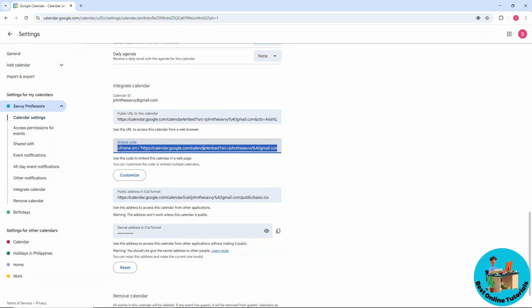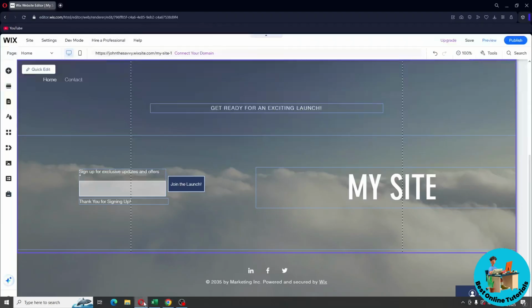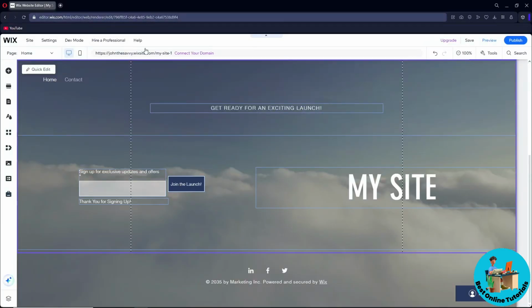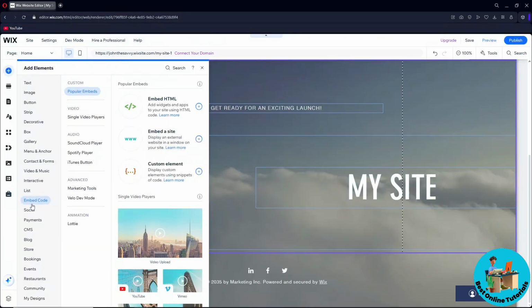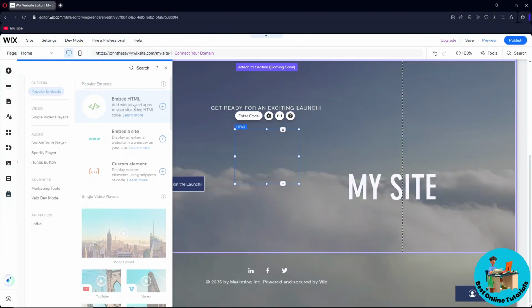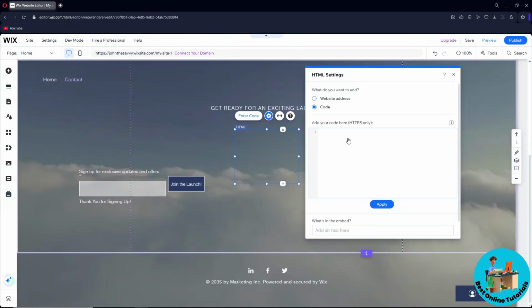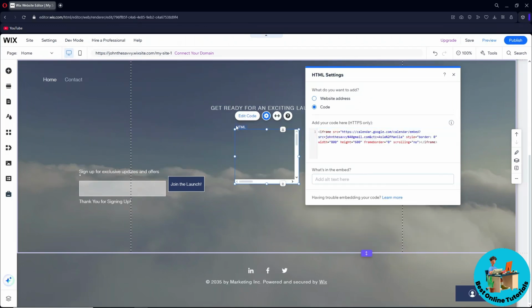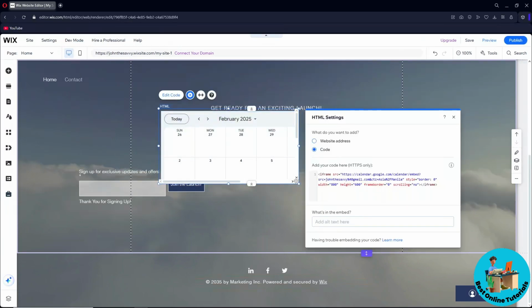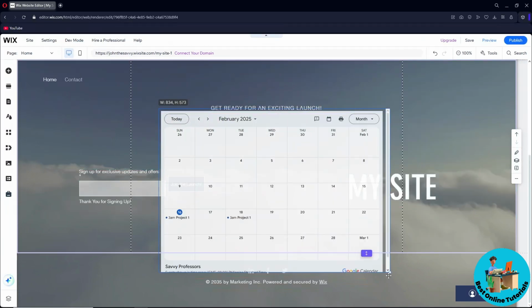And now once you have copied it, I will use Wix as an example of a website, and just simply select the add elements over here, embed code, and I'm just going to simply embed an HTML. And as you can see, I'm gonna provide the code over here and select update, and from here we will have our calendar integrated onto our